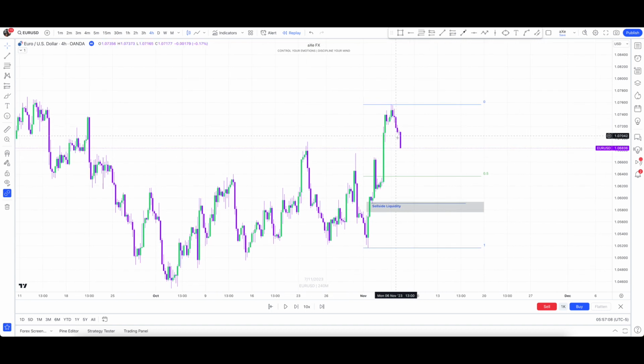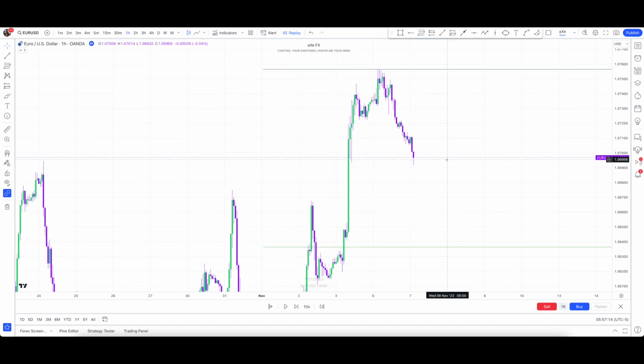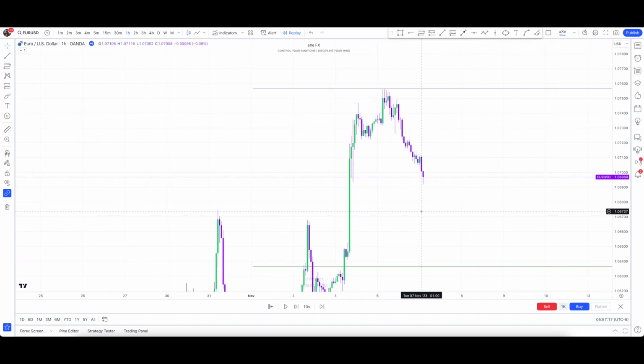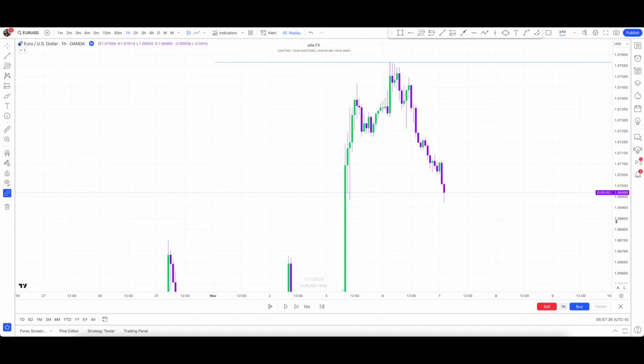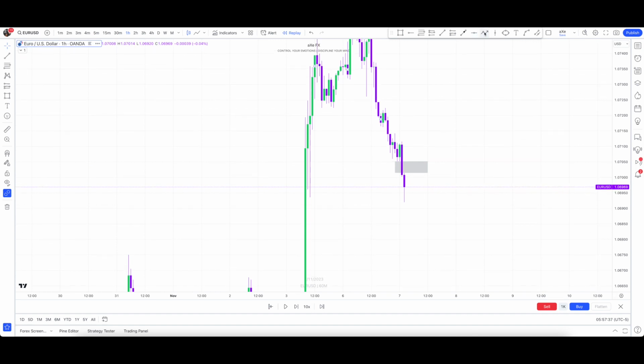That was a market maker sell model on Tuesday. Let's scale down. So right here we were at the open of London, 3 a.m. This candle here closed right at 3 a.m. and left this fair value gap that was in my eyes, this one here, and it created that fair value gap. So once this was made, my expectation was price to retrace back to the fair value gap and then come